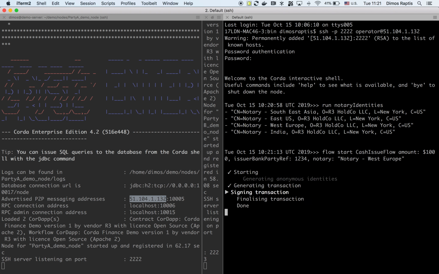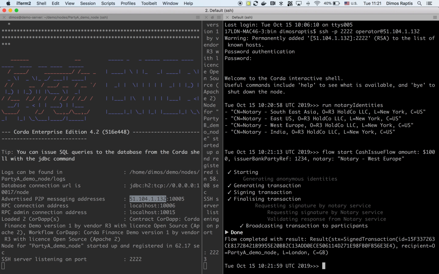So this will essentially create a new cash state, and this state will belong to the legal identity of party A at this stage. Now what we will do is we will do a cash payment from party A to